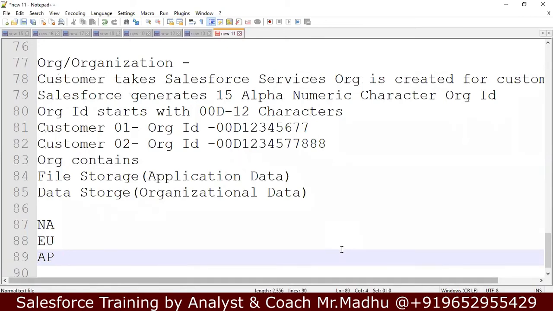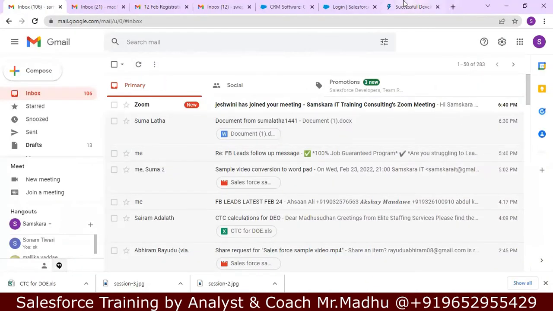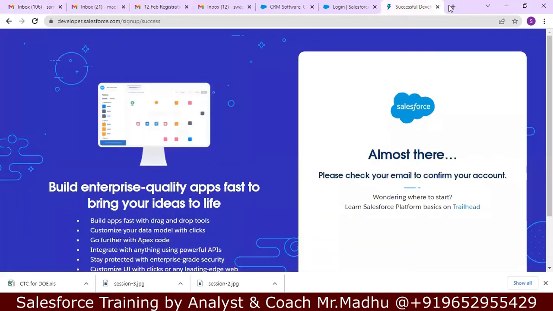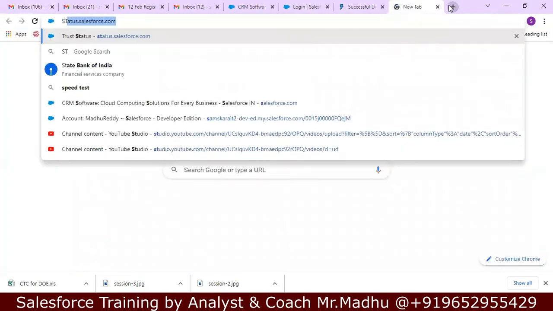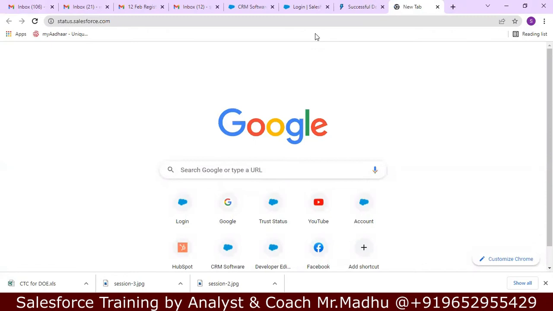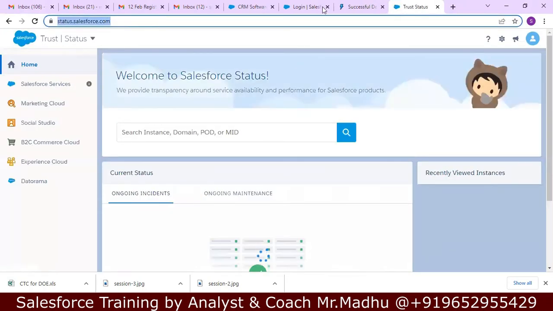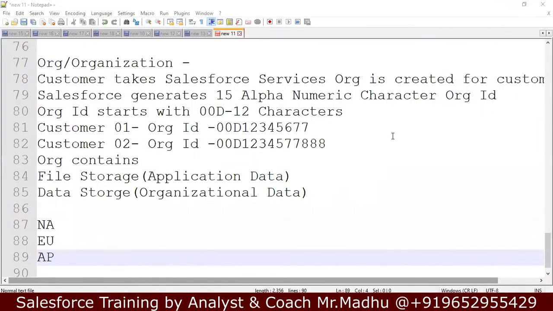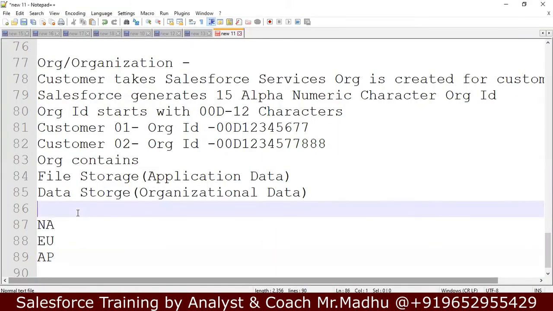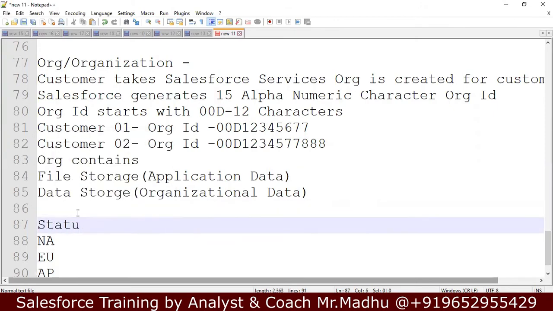Now, to see that, we have to go to status.salesforce.com. This is the website provided by Salesforce. We can check the status of instances there.